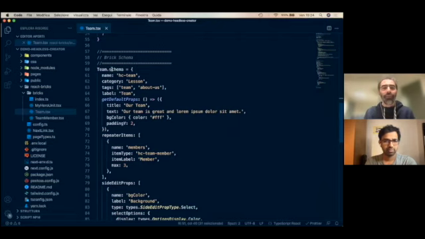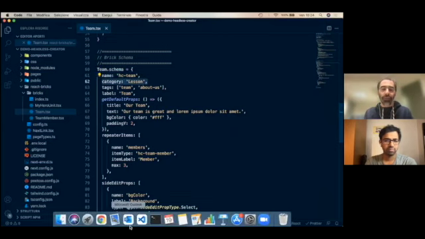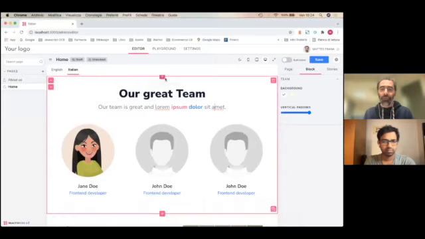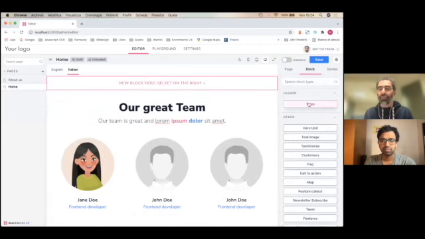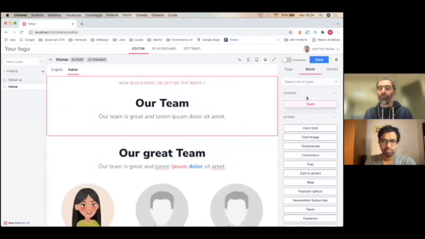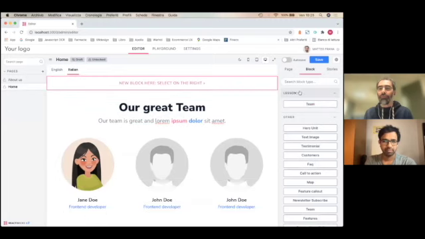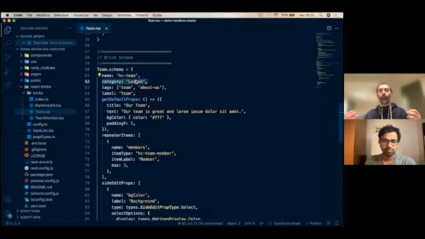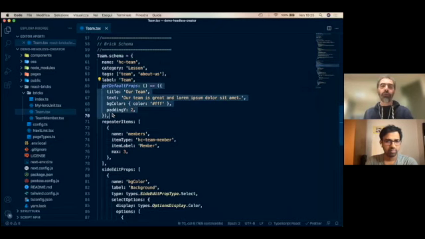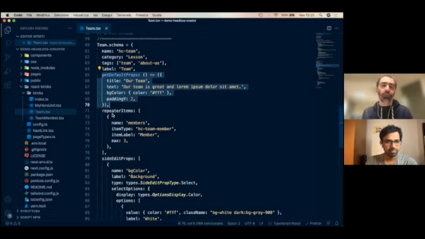So there is the schema with the name of this brick, the category, and this category is why, when you add a new brick, you see that there is this theme group, because I gave this category of lesson. It's very useful to categorize your bricks in headings and features, etc. We have customers with more than 100 bricks, so it's important to categorize and be able to search by tag. Then there is the getDefaultProps. This is what you get when you create a new brick of this type. It will have these props when it starts.